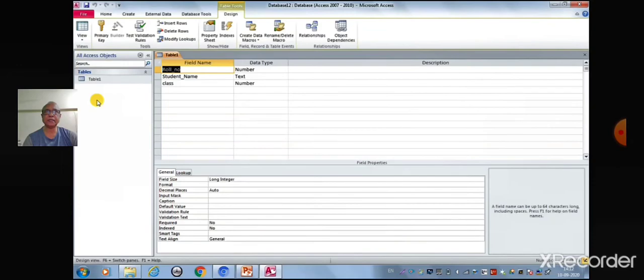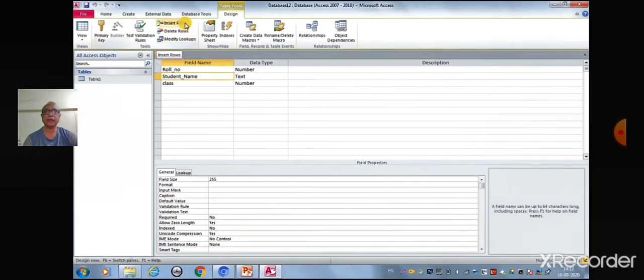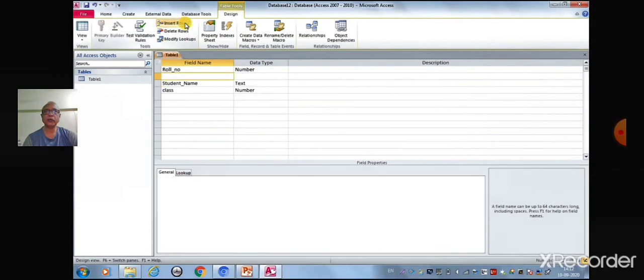Place the cursor in the row above which you need to add a new row. Click on Insert Rows button in the Tools group on the Design tab. The new blank row will be inserted above the selected row.